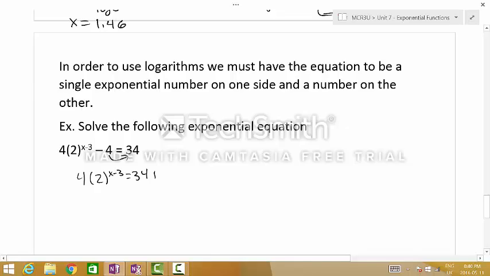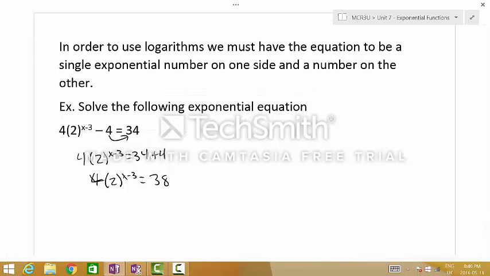So essentially we are going to solve for that exponent. That negative 4 becomes a positive 4. We have 34 plus 4, which is 38. We're going to divide both sides by 4, and that gives us